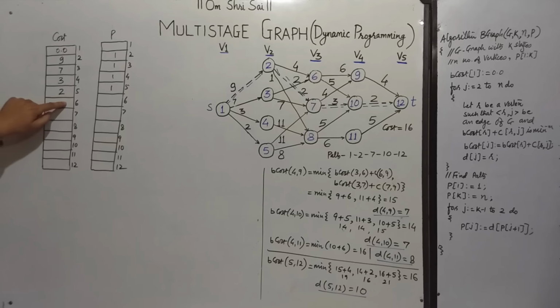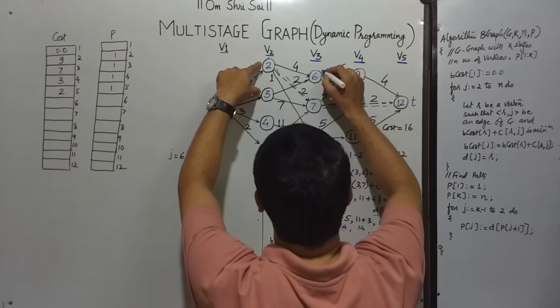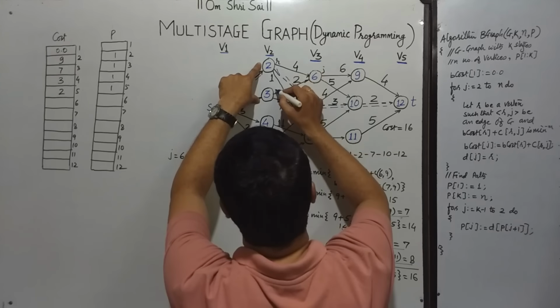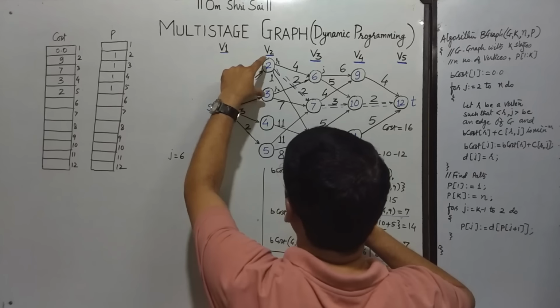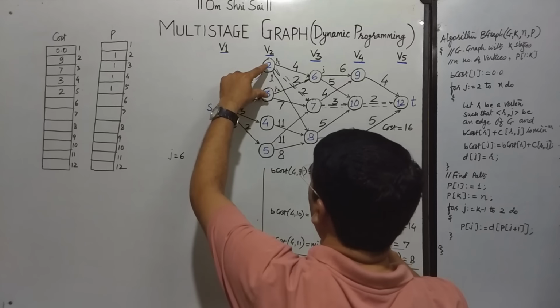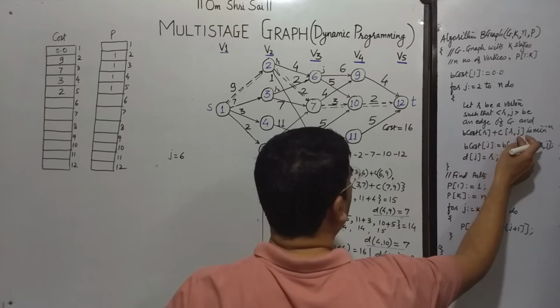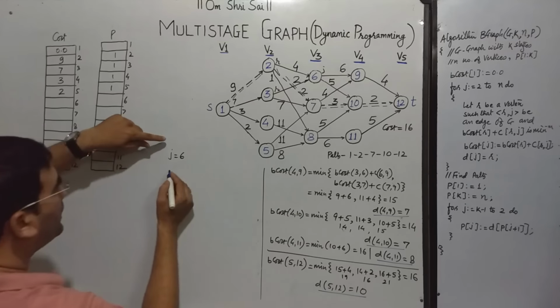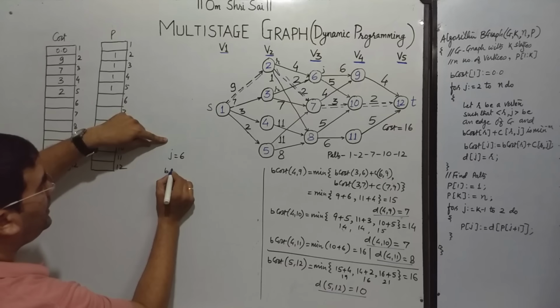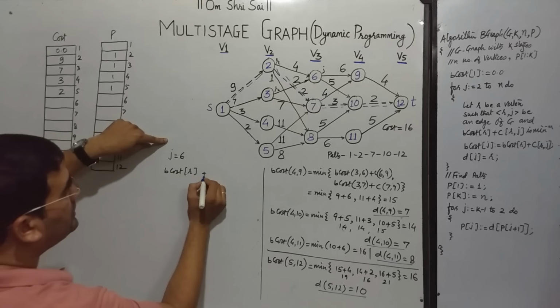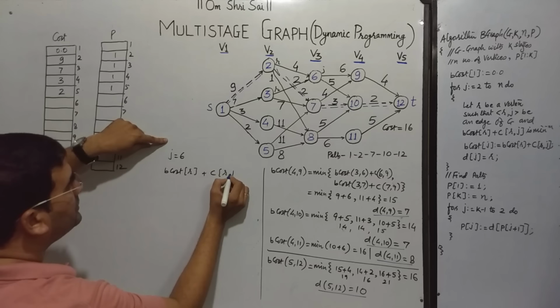We have reached to j is equal to 6. j is equal to 6 के लिए r कौन कौन हो सकता है. This may be r and this may be r. क्योंकि इन दोनों वर्टाइसेस से हम 6 वर्टेक्स पे जा सकते हैं. दो वैल्यूज हम लोग ने b कॉस्ट ऑफ r प्लस c ऑफ rj हमें कैलकुलेट करना है. सो आई विल राइट ओवर हियर दैट इज b कॉस्ट ऑफ r प्लस c ऑफ rj.